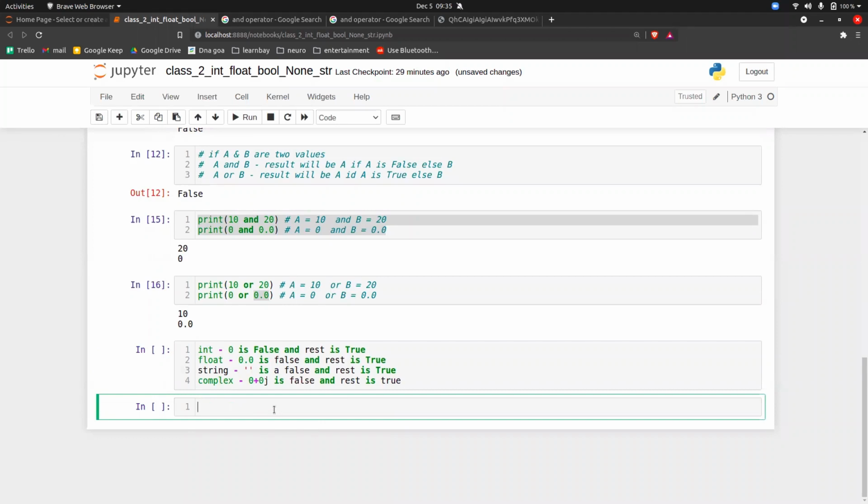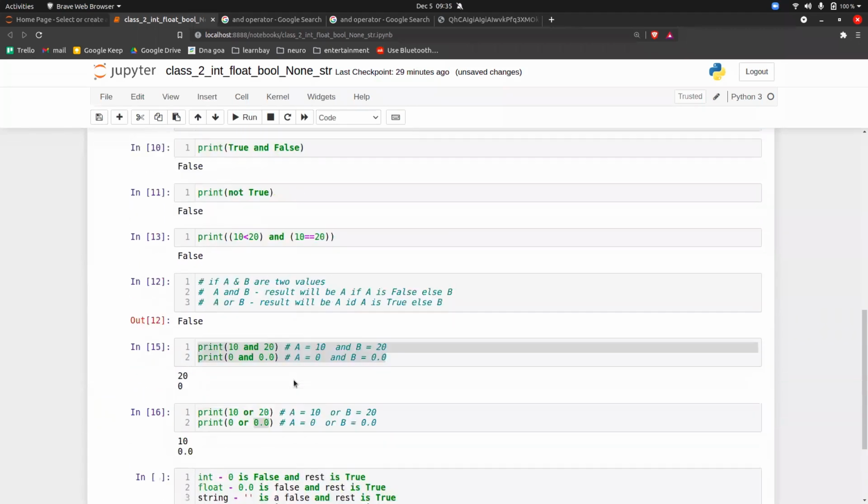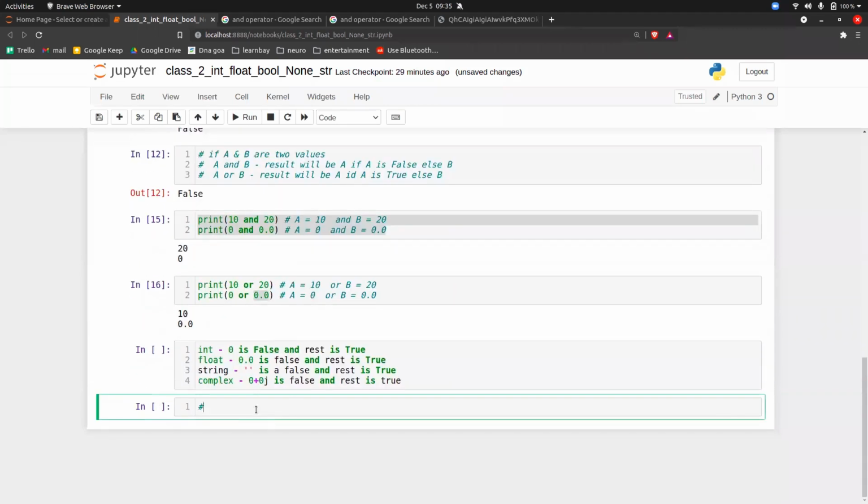The next topic that we're going to cover, okay, so you will not use this operator anywhere in your life. That is called a bitwise operator. Okay, and that is the and symbol, the or symbol, then we have a cap symbol, and we have more than and less than. These operators,